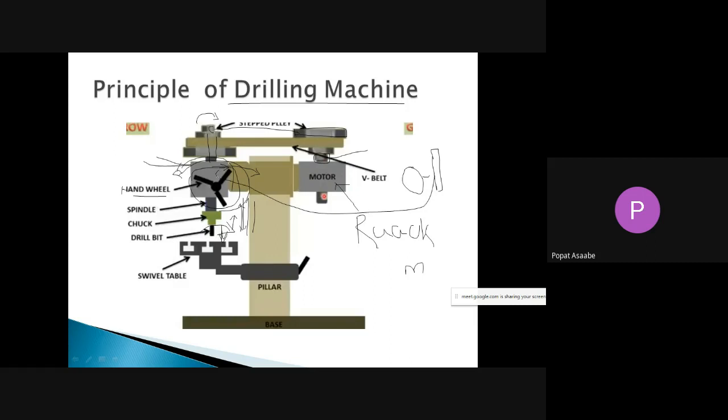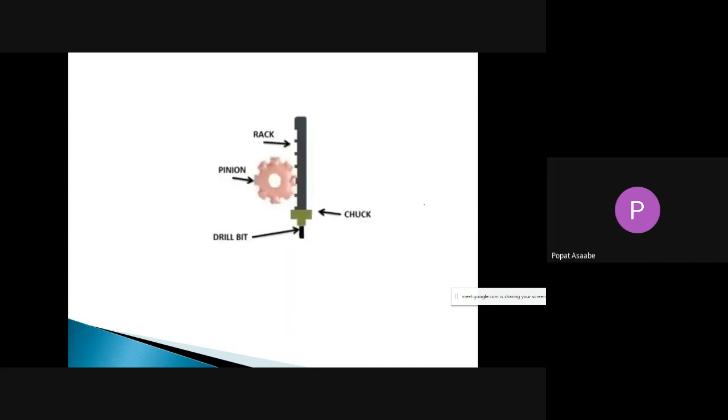It means that that hand wheel is attached to this pinion, and that pinion is engaged with this rack, and that rack is attached to your spindle. Simple. It means that when we are rotating this hand wheel, along with that hand wheel your pinion starts to rotate, and it will convert the rotary motion to the linear motion, and similarly your spindle moves up and down. Such a rack and pinion mechanism we can use in the spindle head for converting the rotary motion of your hand wheel into the reciprocating motion of your spindle.